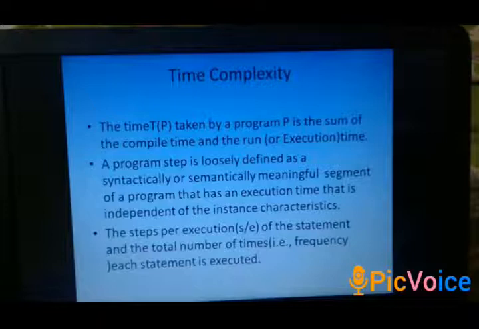So, the time complexity of an algorithm is given by the number of steps taken by the algorithm to compute the function it was written for. The number of steps is itself a function of the instance characteristics. Although any specific instance may have several characteristics, for example, the number of inputs, the number of outputs, the magnitude of the inputs and outputs, the number of steps are computed together to calculate the time complexity. So finally, we say that the time complexity is the combination of compile time and the run time. So time complexity equals compile time plus run time.